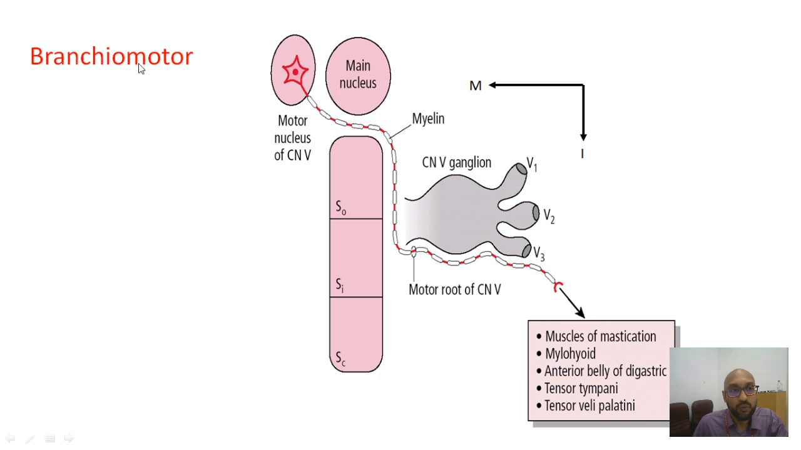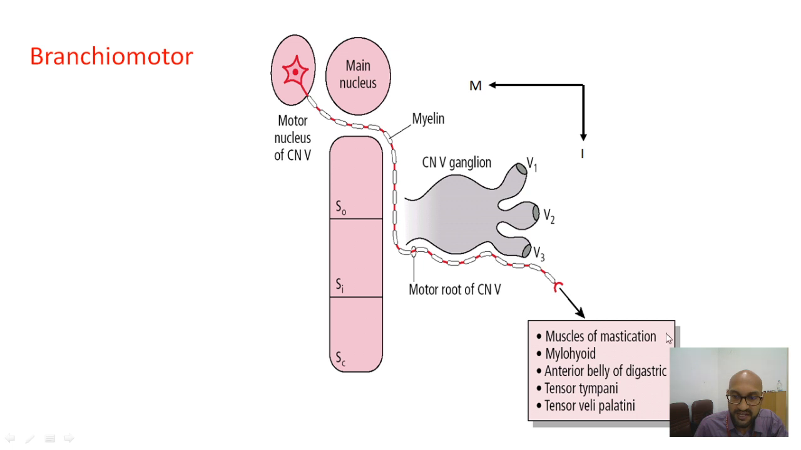Now, what about the motor component? The motor component lies medial to the main principal sensory nucleus of the trigeminal. It has about 7,000 to 8,000 neurons, and the fibers go out medial and ventral to the sensory component of the trigeminal when it comes out of the pons, and there it goes and supplies all the muscles that